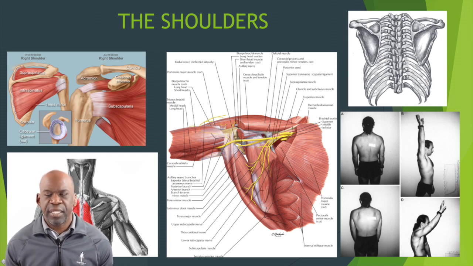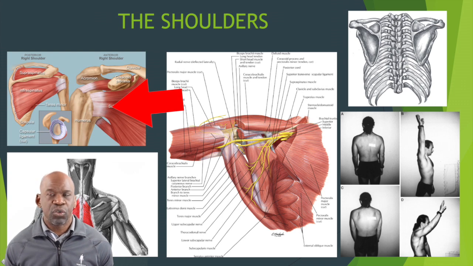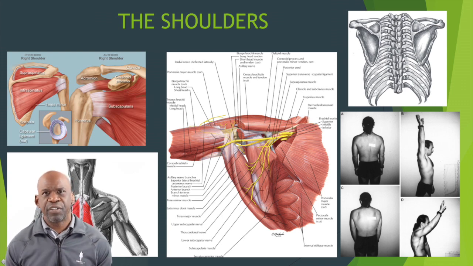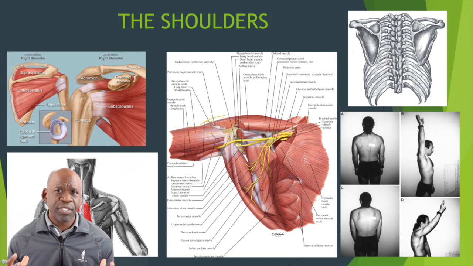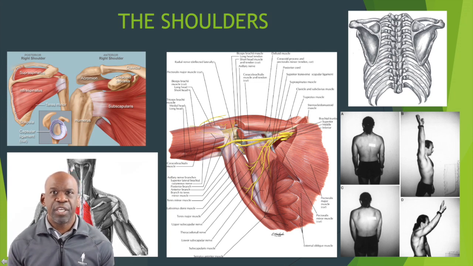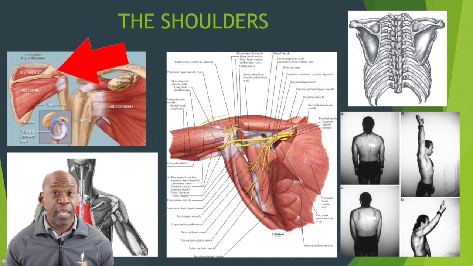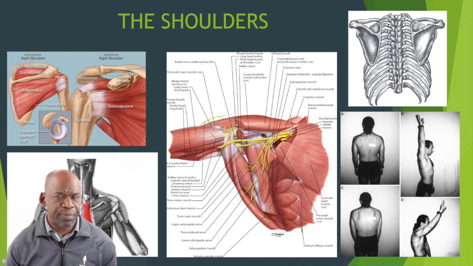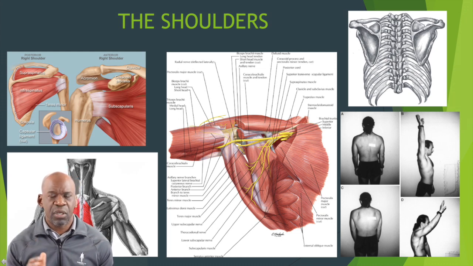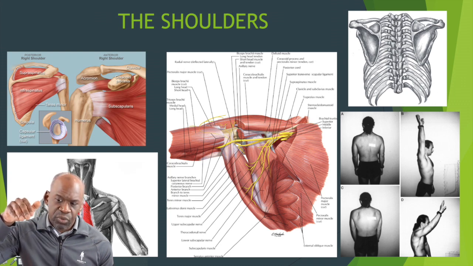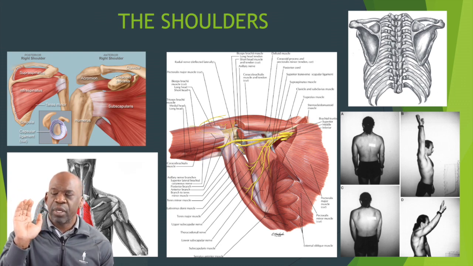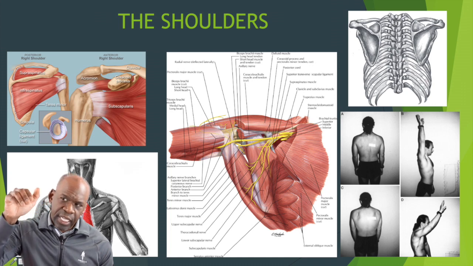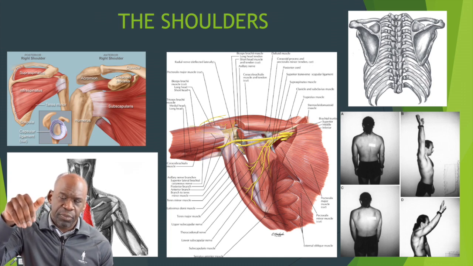Well, I said that the scapula holds the shoulder in place. The flat portion of the scapula rests on the back of the rib cage, but there is a portion of the scapula which arises from its spine, which curves around to the front, and this is known as the acromion. Because the scapula is one solid piece, as the scapula is elevated and protracted forward, that acromion goes from an upright position into a more curved and hooked position.